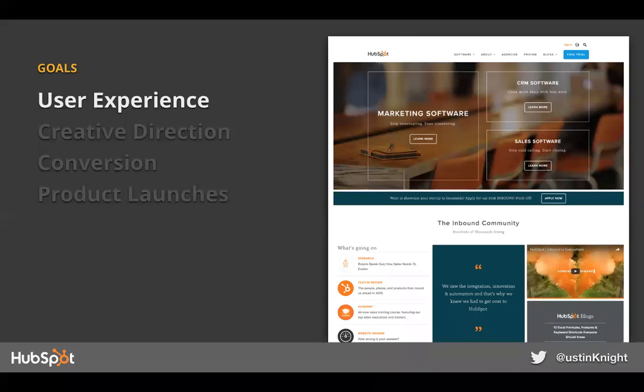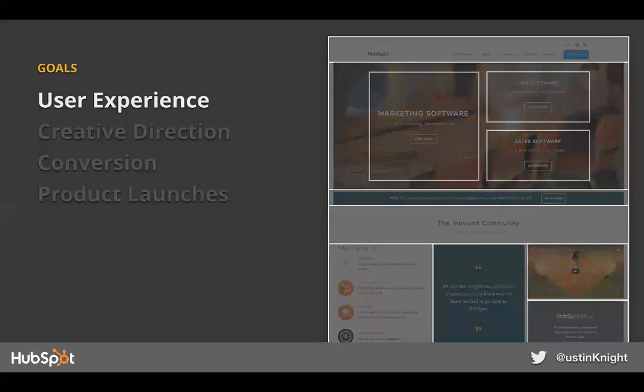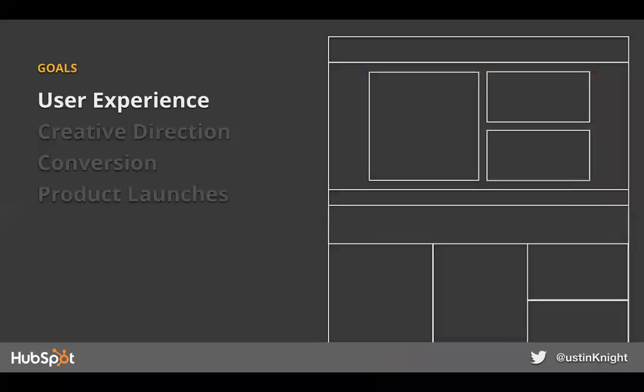We had to know what we were working on and why, and completely focus on that. The first goal that we were looking at was user experience on a more general level. We were really focused on the underpinnings of this design and what made it tick. And the reason for that is because we had observed that it was experiencing a bunch of what I like